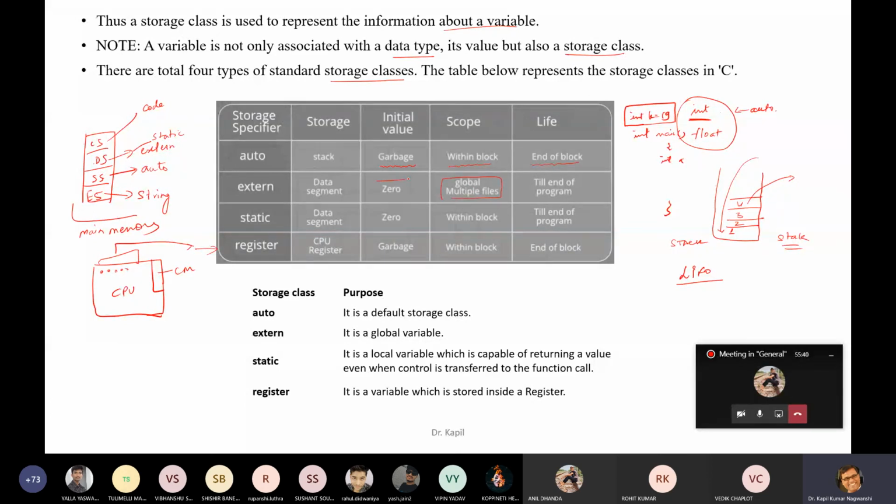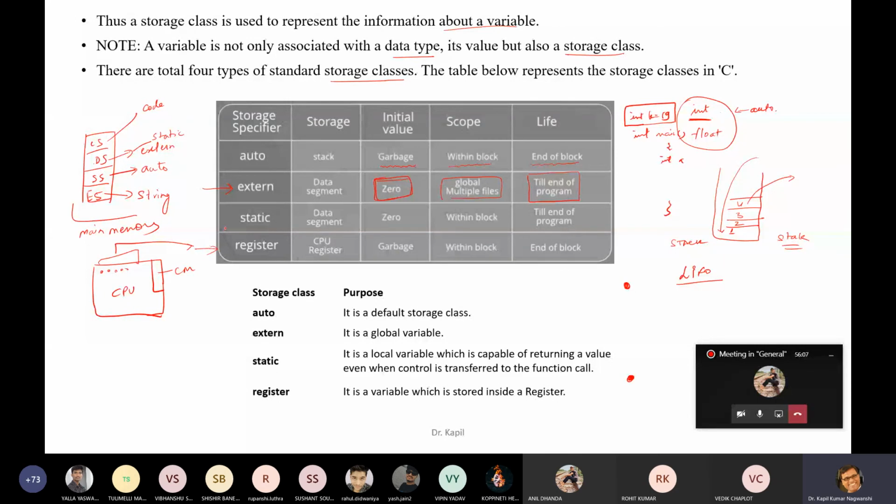And the initial value, by default, the compiler sets it to 0, and it will be available till the end of the program, because it is available before the program and also after the program. So this is the external variable. Sometimes you want to access a variable which is in a different file and the value is constant. That's why we use an external variable.